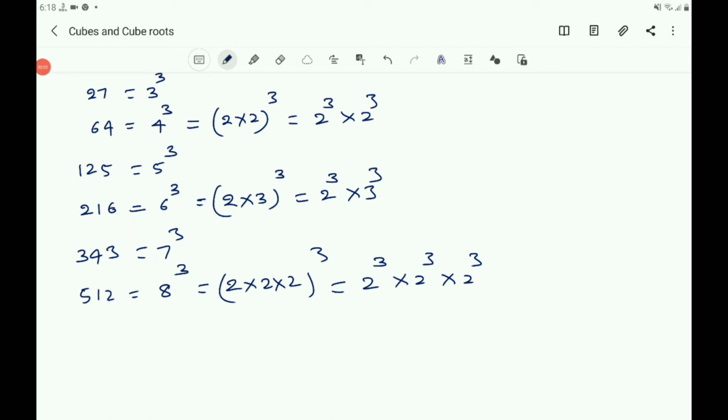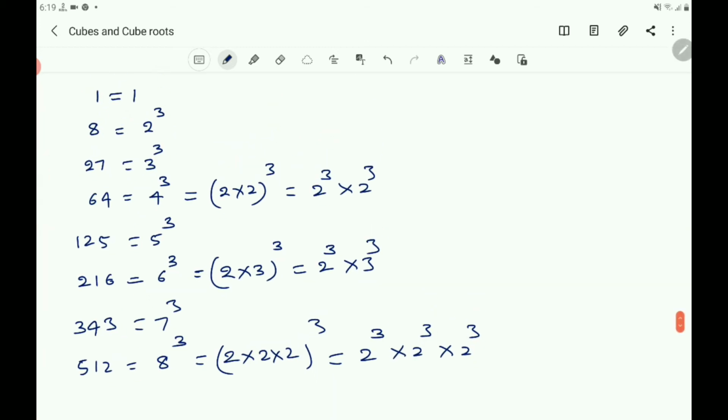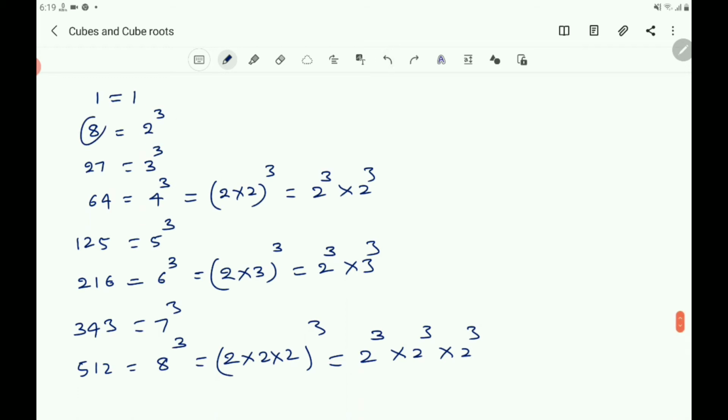So you can observe that each prime factor of a number appears 3 times in the prime factorization of the cube. Here, see all these. Here 2 is a prime number and 8 is 2 cube. And also 27 is 3 cube, 3 is a prime number. And 64 is a product of 2 cube and 2 cube. In this way,